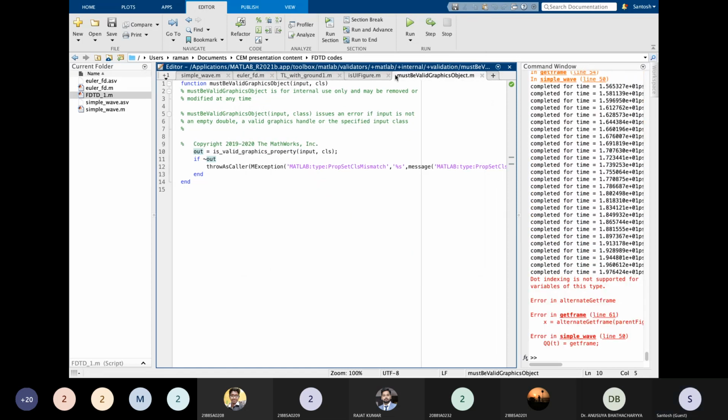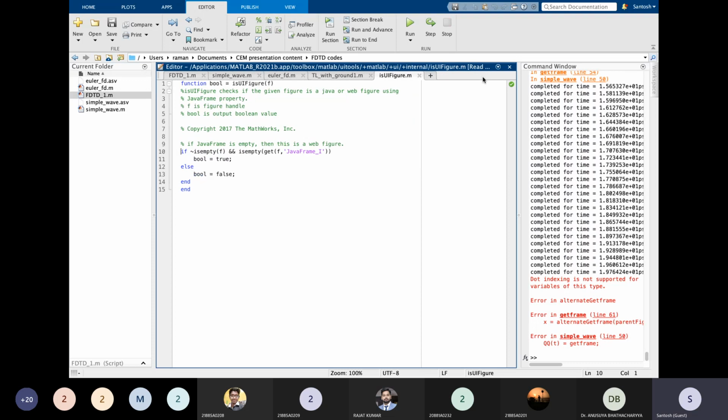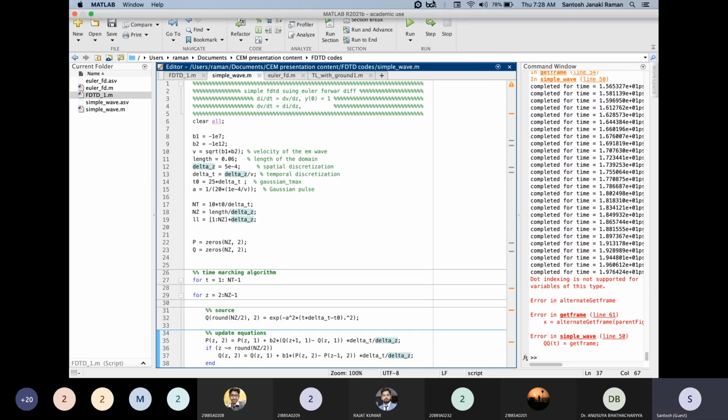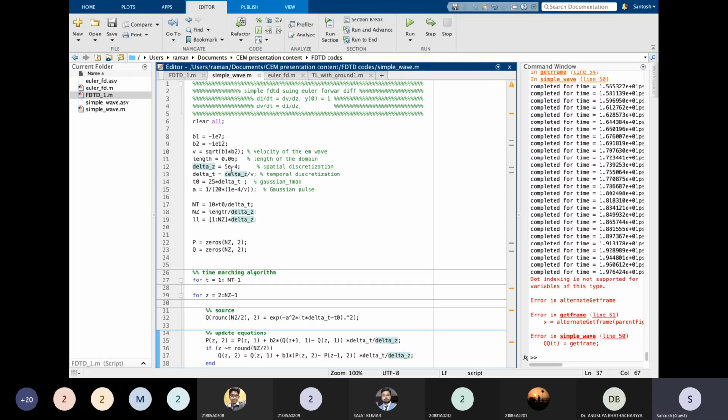And another thing that I would want to show is this. Let's say you have delta z and delta t governed by a certain relation, right? So delta t cannot be any different from this. If it's different from this, you will get results that are not optimal. Let's say you make delta t twice of what it was previously, and when you run it,